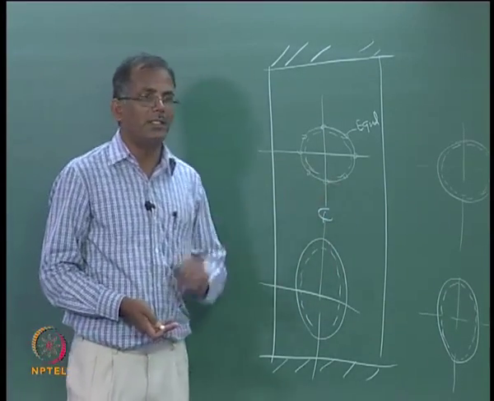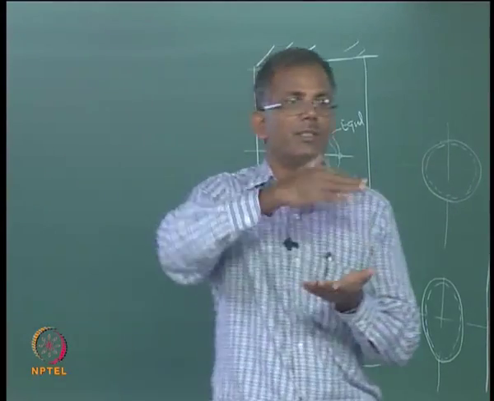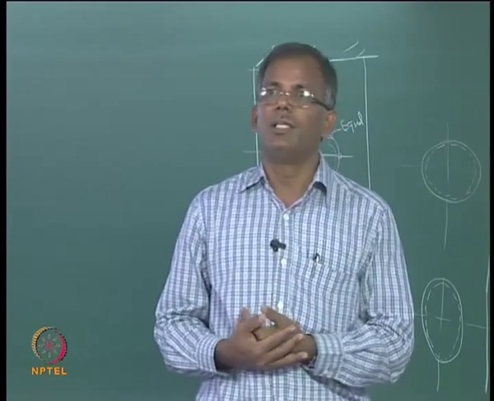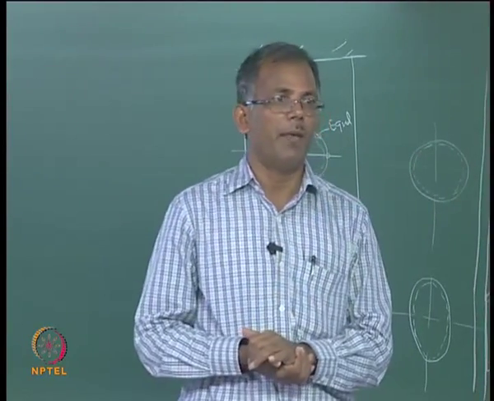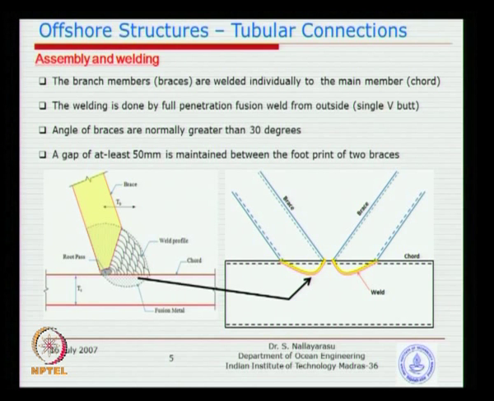Now if you understand this, if you go back to that picture, it is a continuously changing surface, and you will see that the stresses are not going to be the same, even though the load is only one load. That is basically the complexity introduced by the continuously changing profile of the surface of the pipe, wherein the tube is connected.